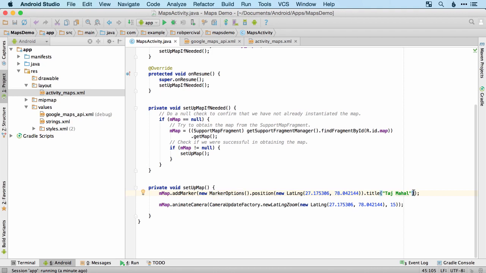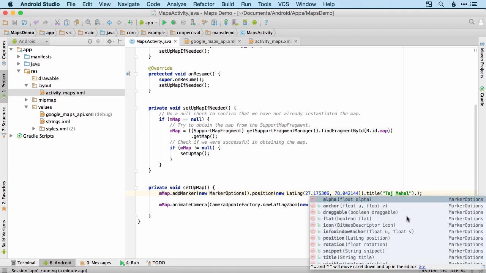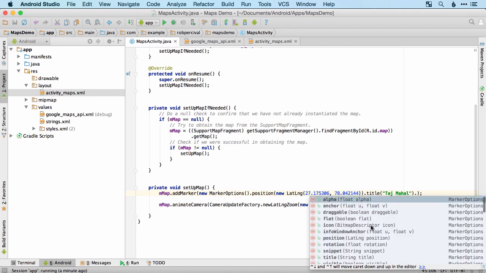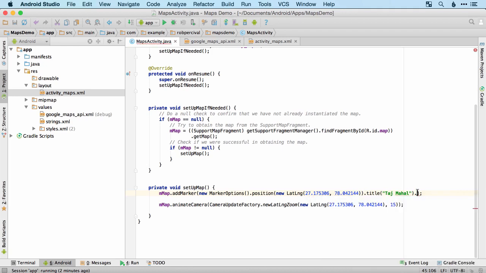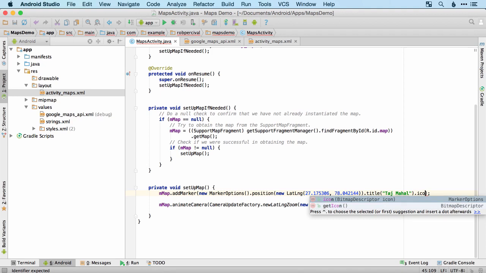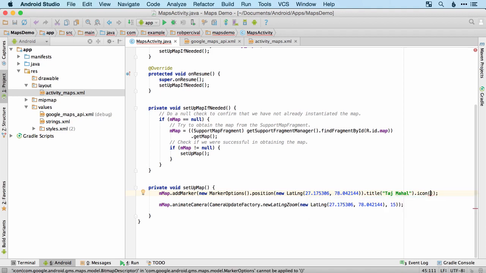So if we want to change the icon, and in fact you could just have a quick look if you like at all the different options that we can use. So changing the alpha, changing whether or not it's draggable, all sorts of things about it that we can change, but I think color is particularly worth having a quick look at, and we do that by changing the icon. So you could use an image here, but if we want to just change the color,